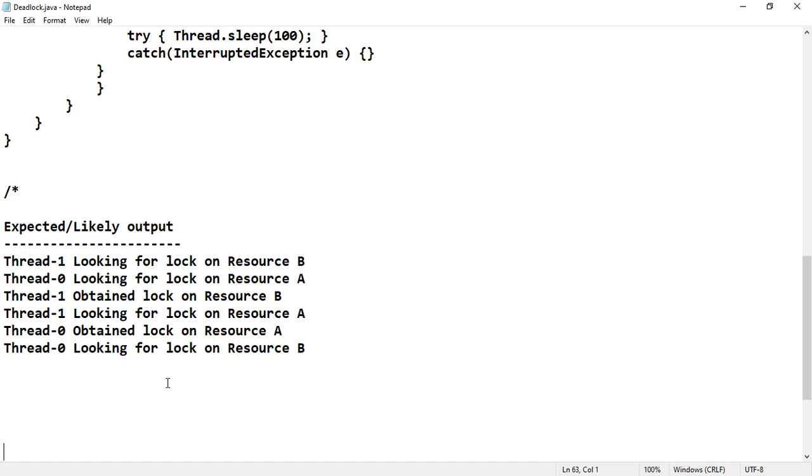This is how the circular wait is maintained, and that is the reason this program will end up in deadlock.